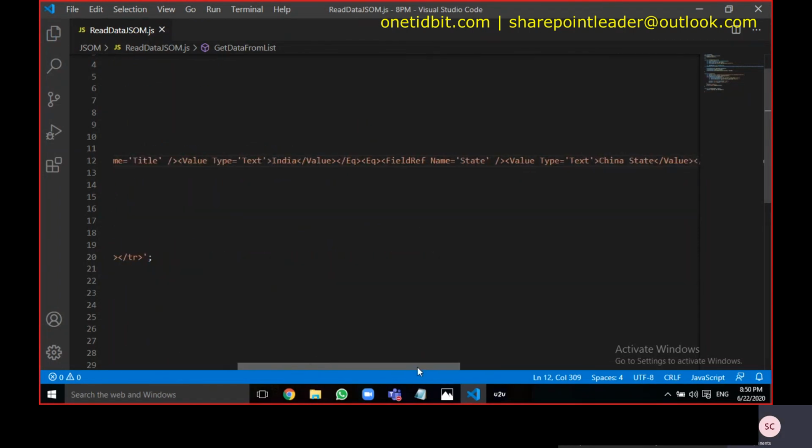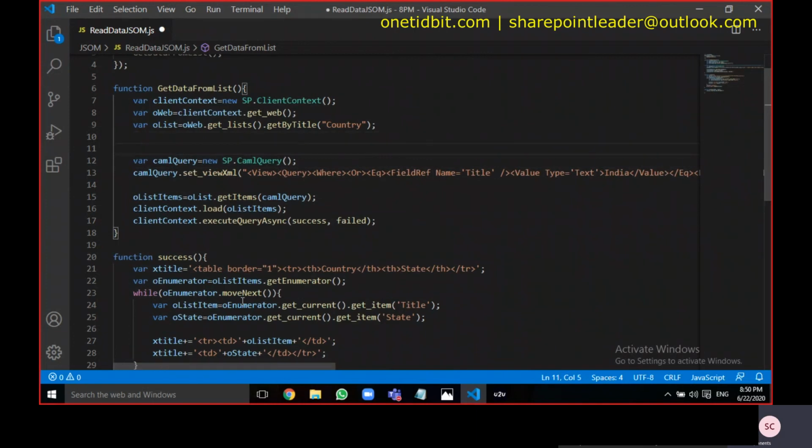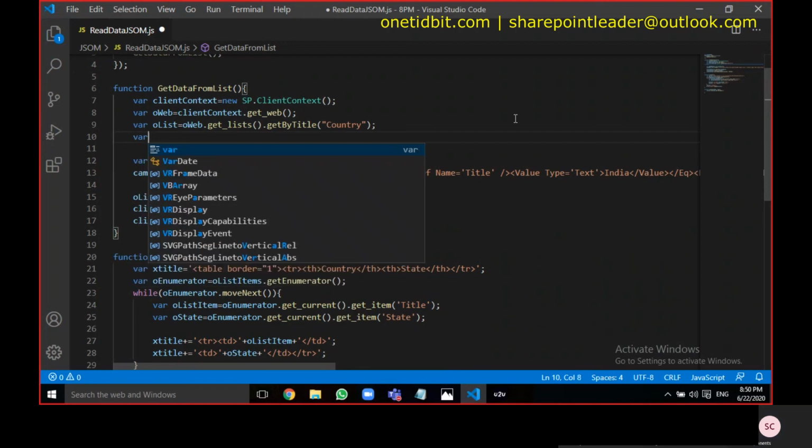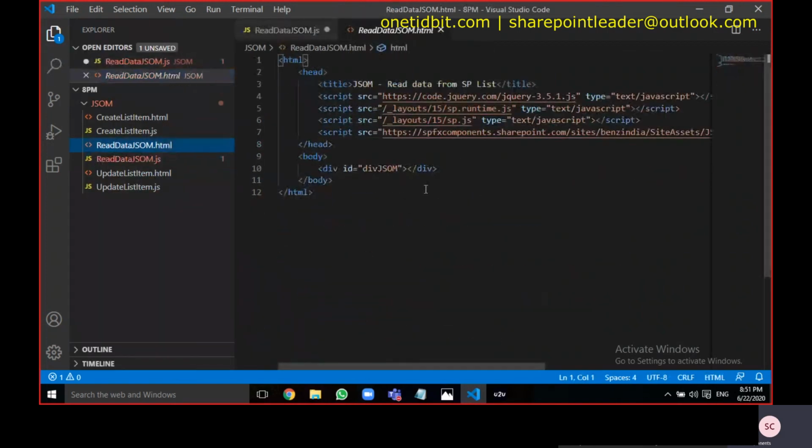What I am thinking is, sometimes you may get the value dynamically. That means this India, you may get it dynamically. So I'll create a variable country equal to, what I can do is read data, right? So I'll give here